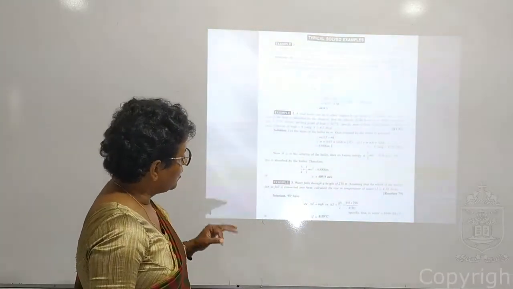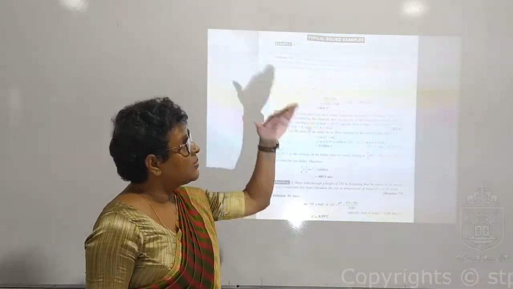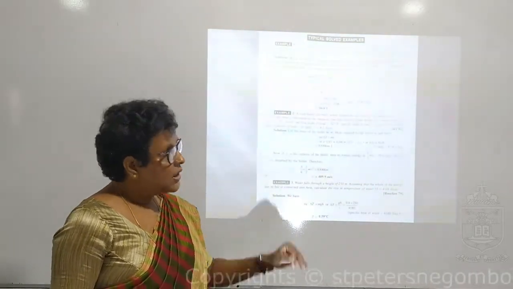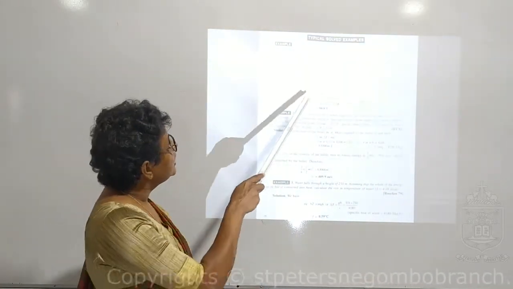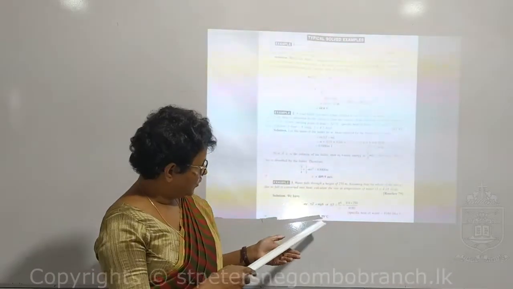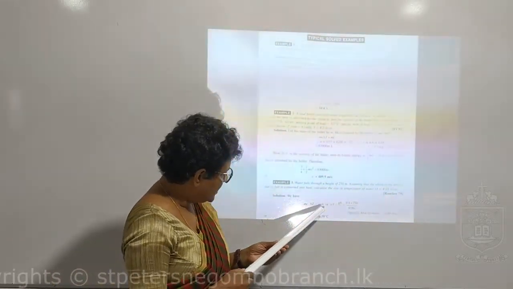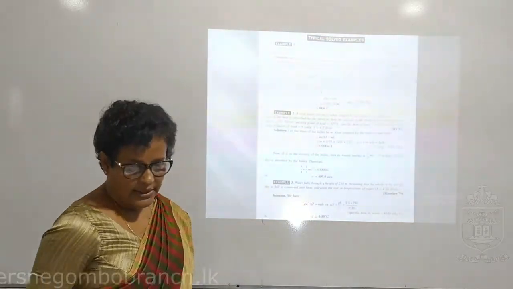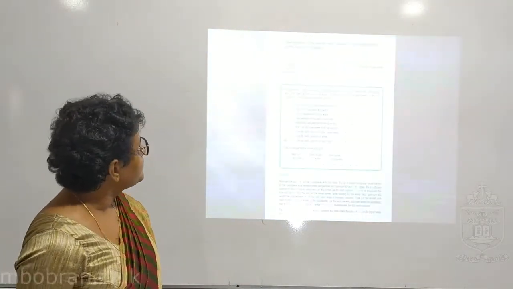So now mc theta equals mgh, because it's falling, potential energy. No kinetic energy when it falls, only the potential energy comes. Here only the kinetic energy comes, here only the potential energy, right? Now mgh equals mc theta. Again, you apply the values and you will get the temperature change.